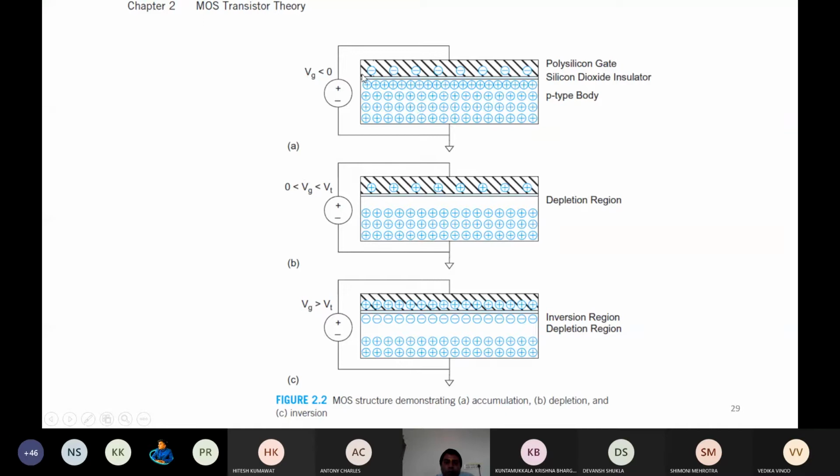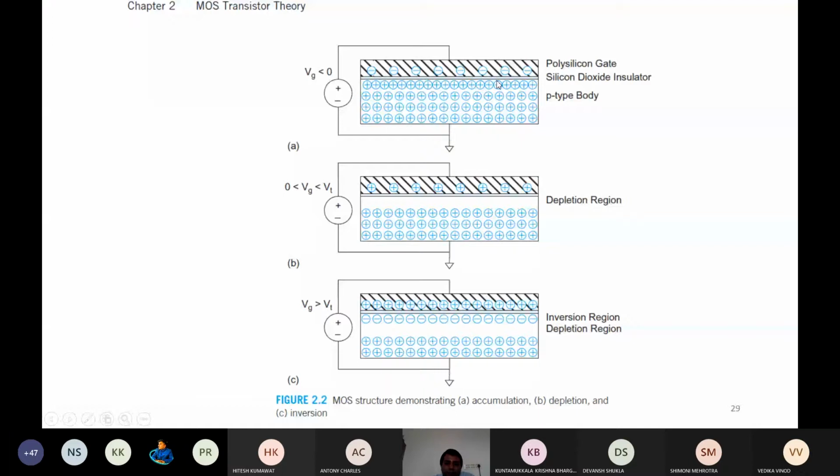When you apply negative voltage on the NMOS capacitor, here the substrate is P type, and channel formation is to be done after positive gate voltage, which will be N type. But initially, when negative voltage is applied at the gate, no channel is there, and accumulation of holes is there. Why is it accumulating? Because negative charges are present on the polysilicon plate of the gate, and it will attract the holes. So too many holes are accumulated. It is accumulation operation, and obviously the body is grounded and the negative bias was given.